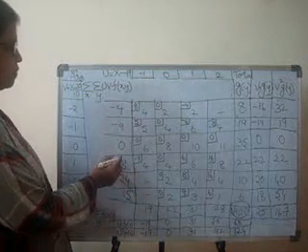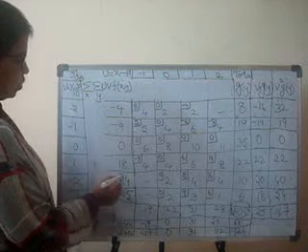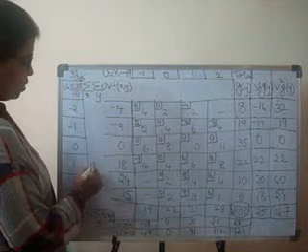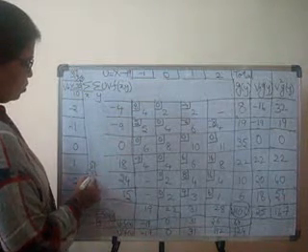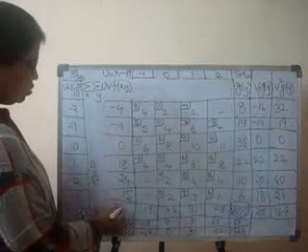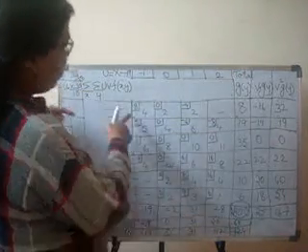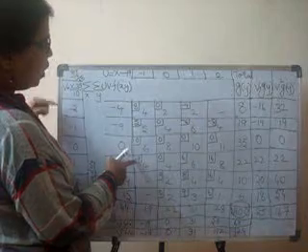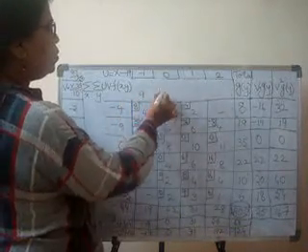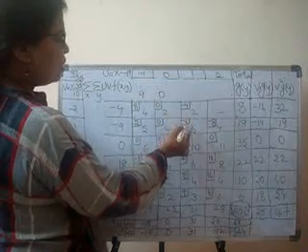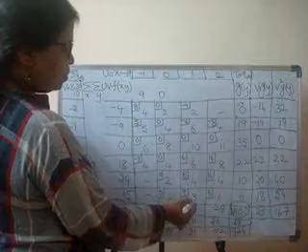5, 9, 16, 17. 17, 1 carry. 2, 3, 4, 5. 57 minus 10, 30. 54, 40. Here it would be 44. And down we have to calculate like this. 5 minus 4 is 1. 1 plus 8 is 9. All zeros 0. Minus 4 minus 6, 10. 10 again minus 4, 8 plus 4. This is 13.